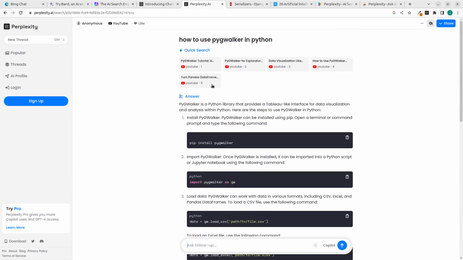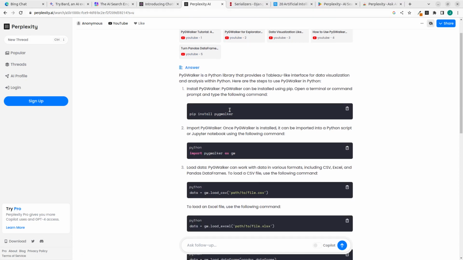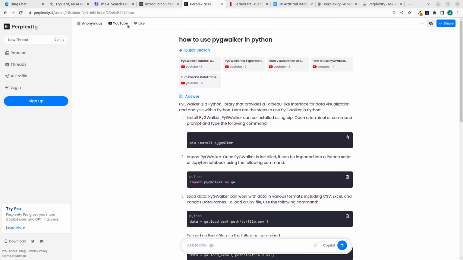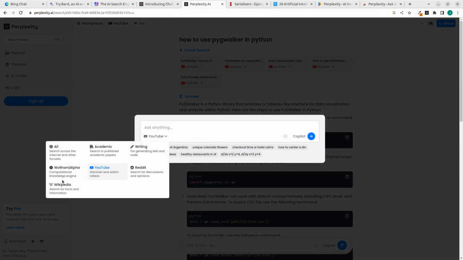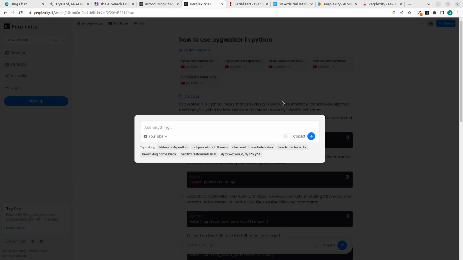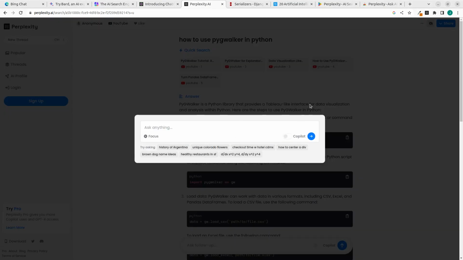So you can search across, and it's also giving us the videos, so you can check the videos out, which is useful, which is very cool, right? So that is something very nice. You can also streamline it according to maybe Wikipedia or Wolfram Alpha, right? Some of them you have to sign up, but most of them you can use without signing up, which is quite useful.